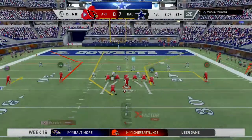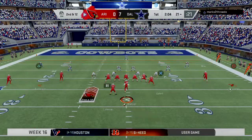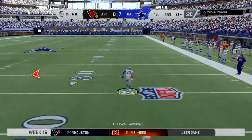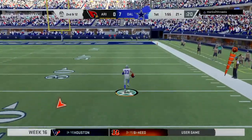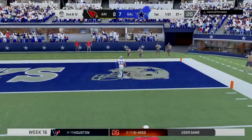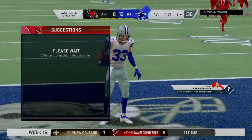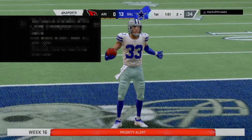A small bit of adversity here on what's been a strong drive as they come up second and 12. Back to throw, Watson. Trying to get it to Cobb, and it's intercepted. Picked off by Byron Murphy. He's at the 50. He's at the 30. 10. And he will score. Touchdown, Cowboys. And this defense looking like they have come to play, the pick six, and just like that, it's